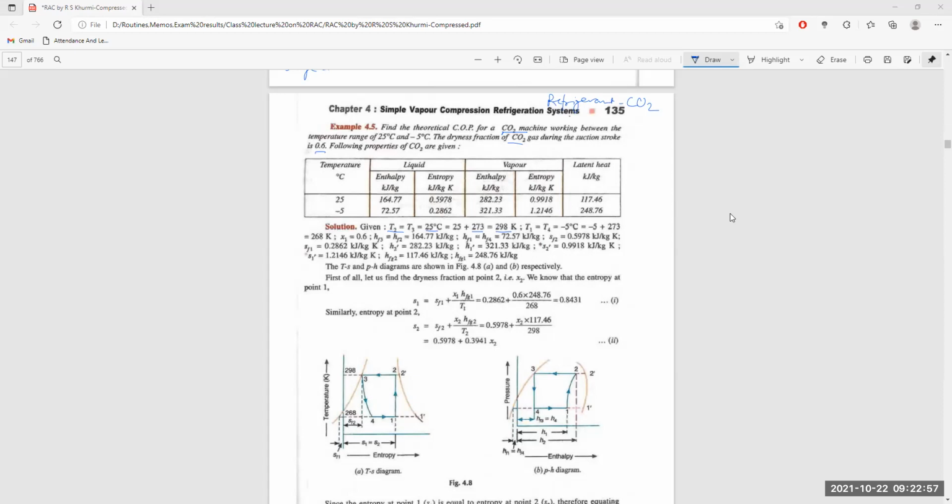Next, what is given in this diagram is HF3. HF3 is the point on the wet vapor saturated line, where HF stands for fluid and 3 stands for the point, the stage. This point 3 is standing on the wet vapor line here. So we have to find the enthalpy at the temperature of 298 Kelvin at point 3, which is given here as the enthalpy of the liquid, 164.7.